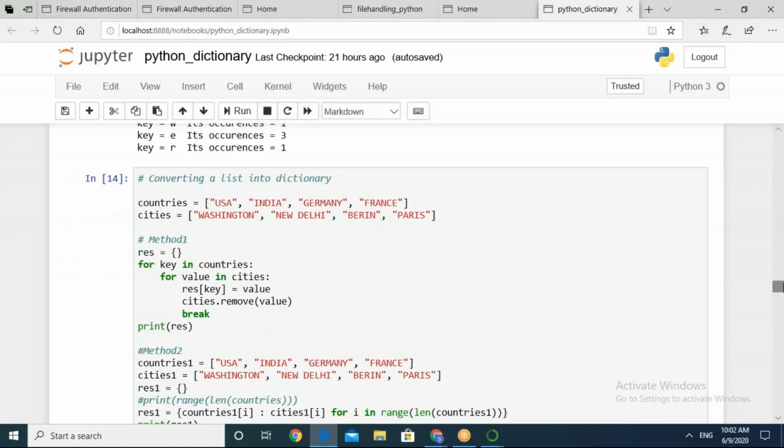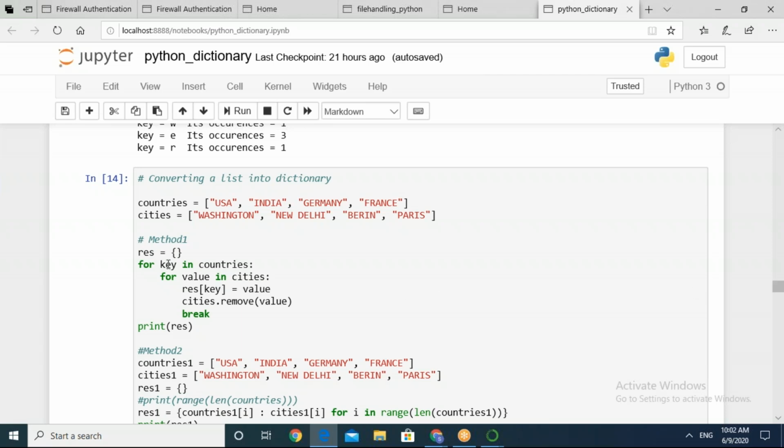Yesterday we created a dictionary from the list given. Some of the students were asking about one particular line in which we were trying to remove the values from the dictionary. When you look at the code, it's easy to understand that when we are taking the values primarily from the countries list, the other list's values are added into it as a value.